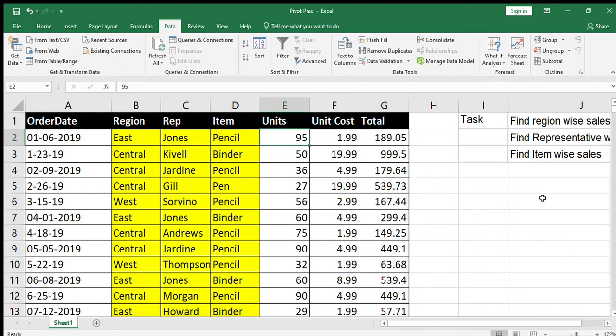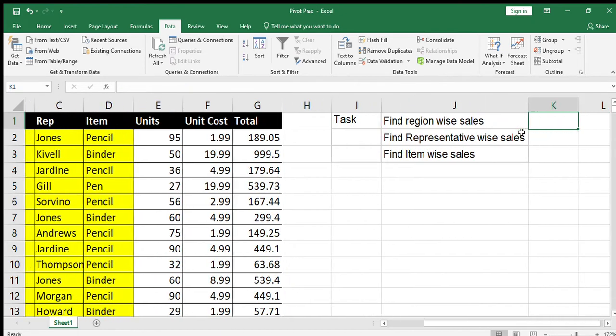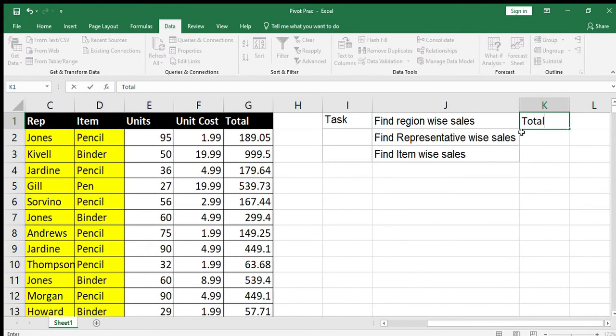Okay, so it could be maybe the pencil has the sales of the pencil, the unit wise it has been higher than the binder, but the price of the pencil is low, that is why the total revenue would be lesser. So what I will do, I will use units when it comes to calculation for the item wise sales. Okay, and for these two I will be using total revenue,